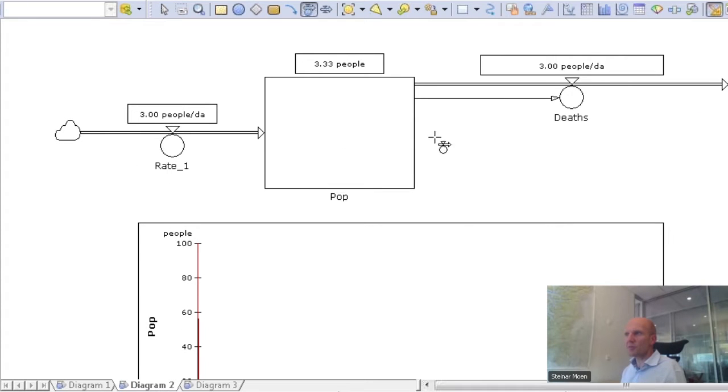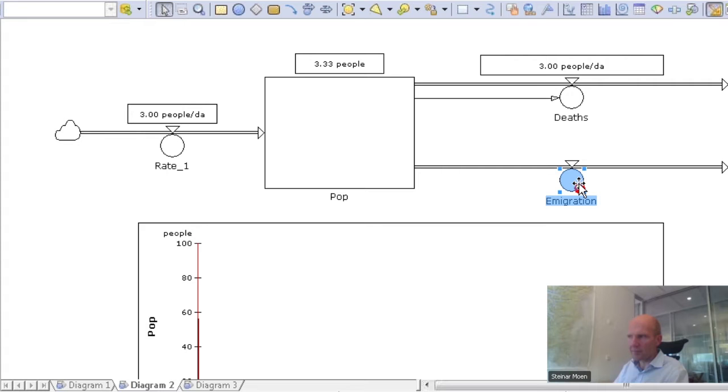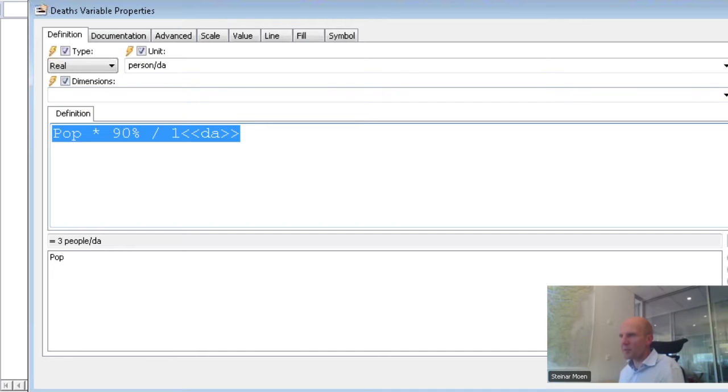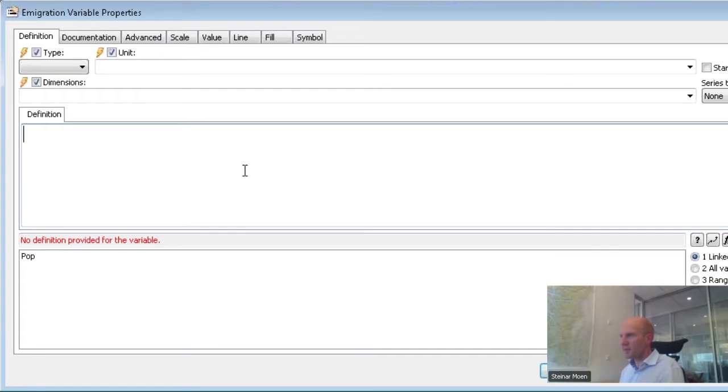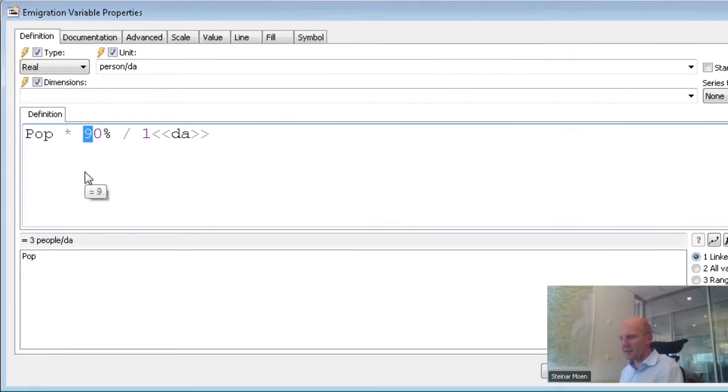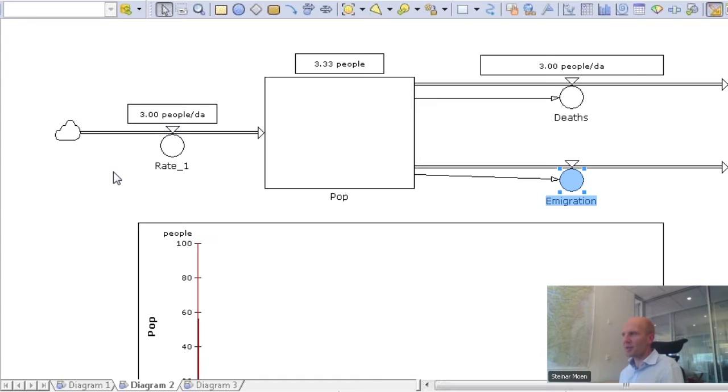Then I have another outflow. I have some emigration. I do it the same way there. Let me copy this one. Not 90%, but let's say 30% do emigrate. I reset the model. And you see,